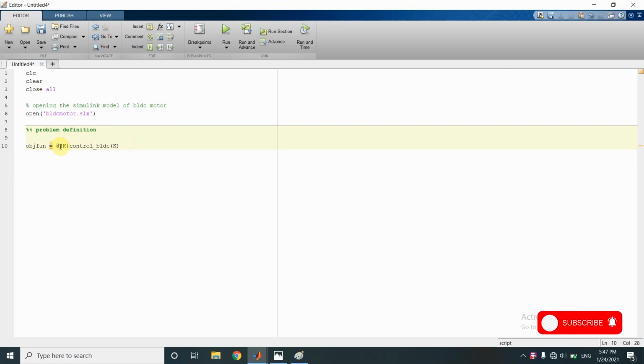This at the rate is used to create the function handle, and then the first parenthesis contains the independent variables whose values are to be used to minimize the objective function.